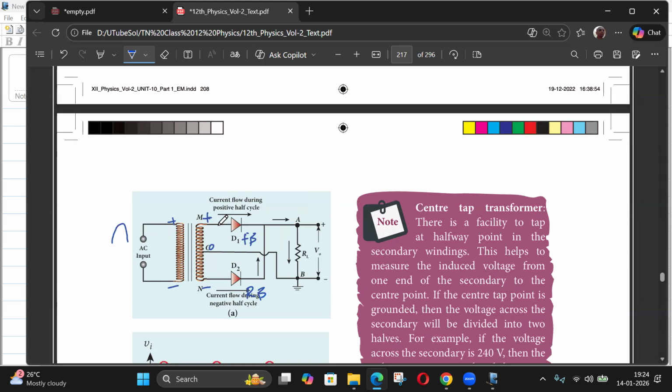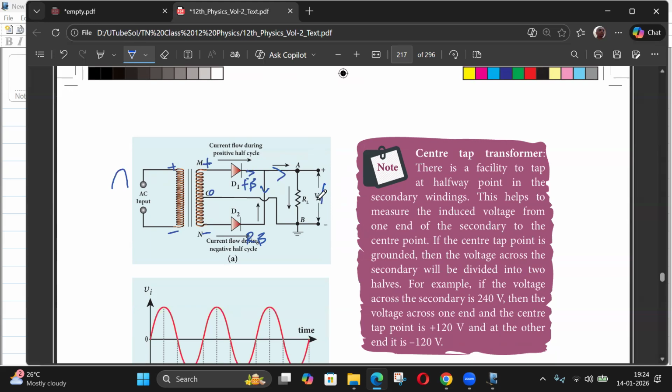So current will come in this path and flow here. In this path, it is like an open switch because of the reverse bias. So here the current will be almost 0. Here it carries the full current, whatever is coming. So the drop here will be from here to here. Again, the current is flowing in this direction. When this becomes negative,